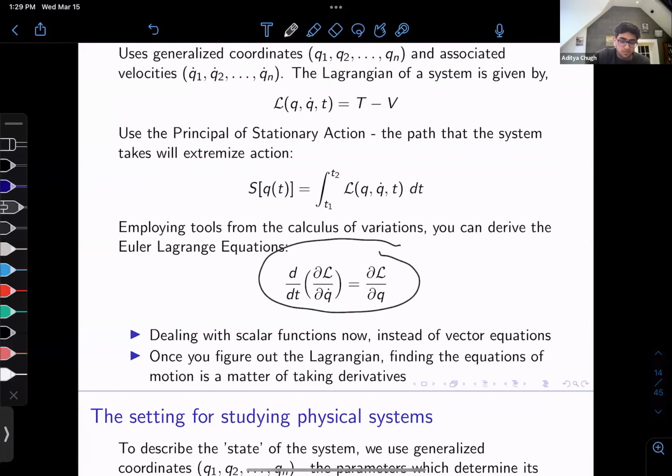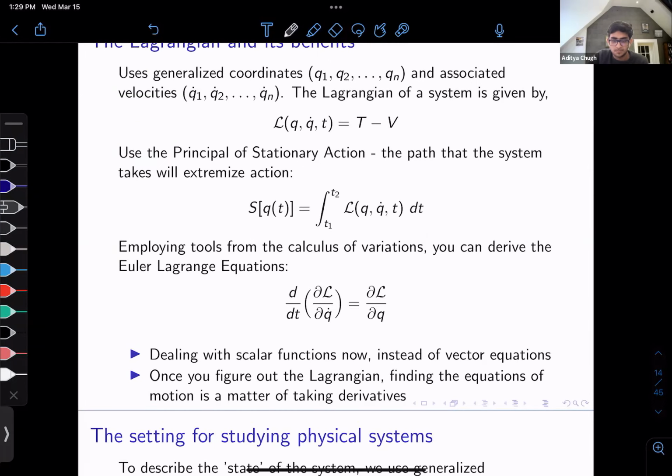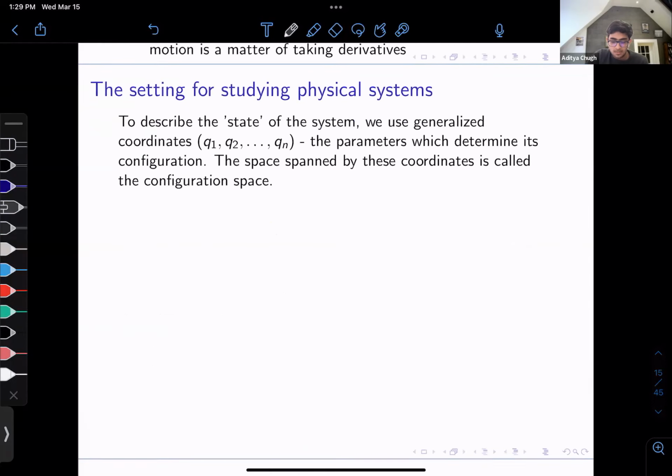And once you've figured out the Lagrangian, you can just take derivatives, and that would give you the equations of motion. This is easier because before with Newton's laws, we had vector equations. We were resolving forces along orthogonal axes, components, and then equating them. But here we're dealing with scalar functions, so everything is much nicer. Now this leads us to